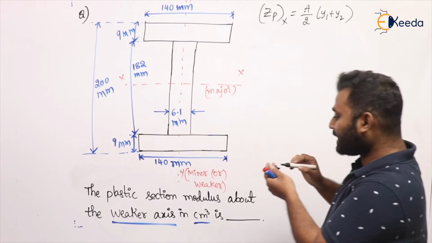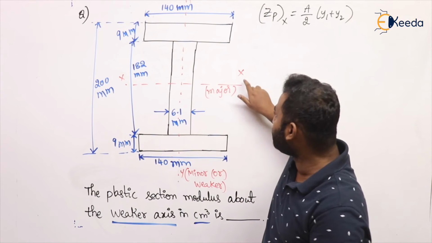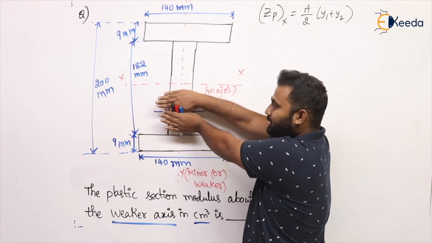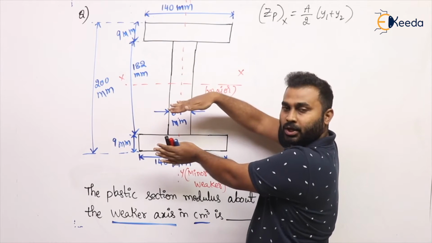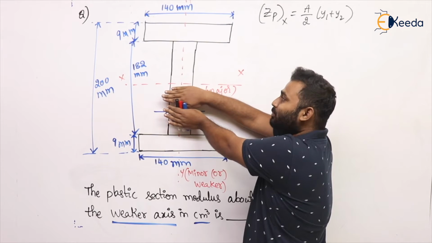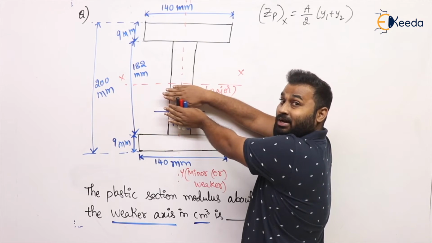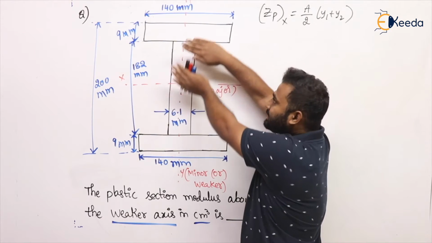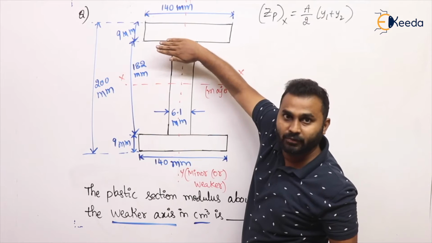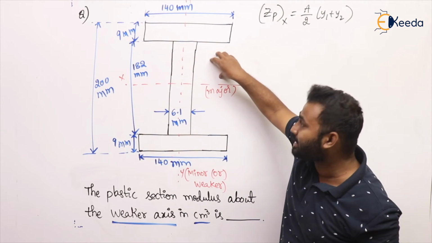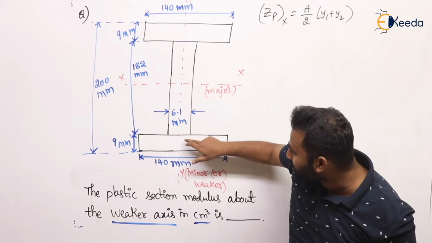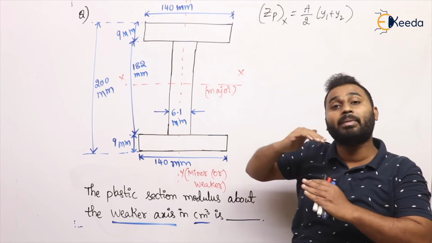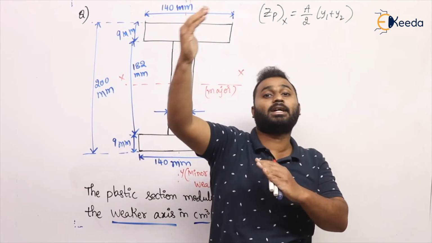As it is a point or double symmetric section and this is the x axis, this is the top of x. It means ignore the area below this. If you observe only the cross section above x, it looks somewhat like a T section, yes or no? In the same way, if you ignore the top cross sectional area and observe only the bottom area, again it is a T. It means both symmetrical T sections exist above XX and below XX.